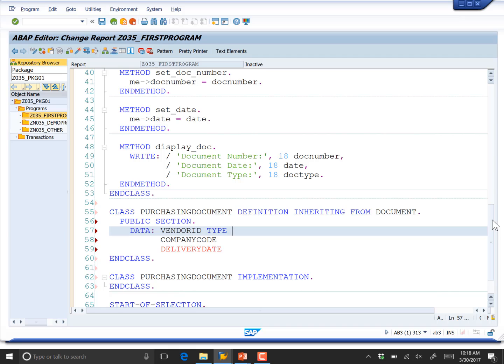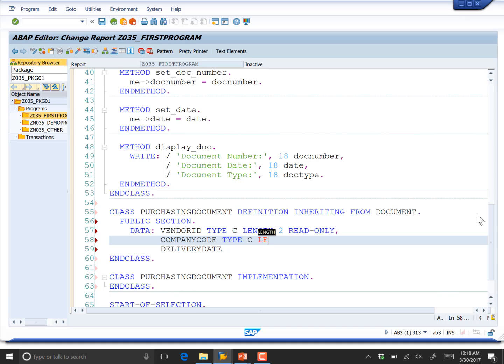similar in structure to things that we have already created. And so we'll say that a vendor ID would be a numeric string, and actually a vendor number is a general string. So we'll do type C, length 2, and we will make this read-only, as is our custom. And then company code, we'll just do the same thing here, type C, length 2, read-only. And then delivery date, type